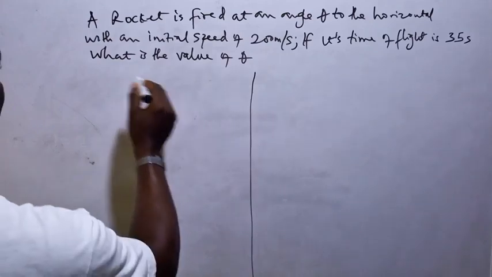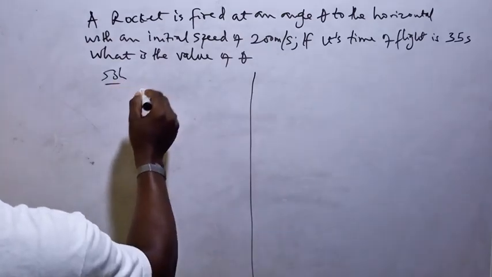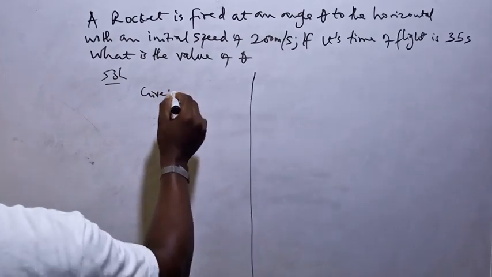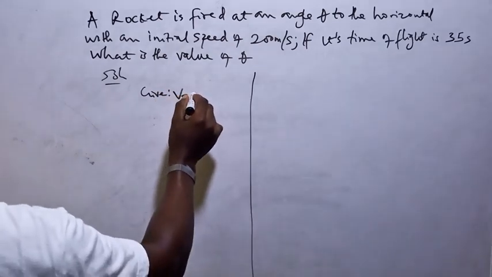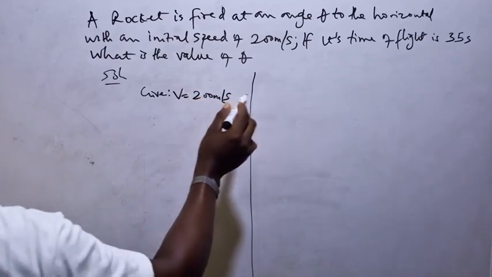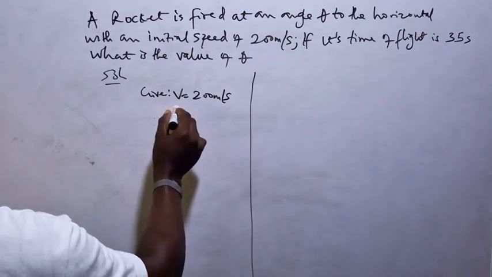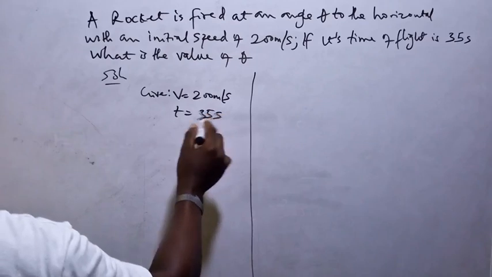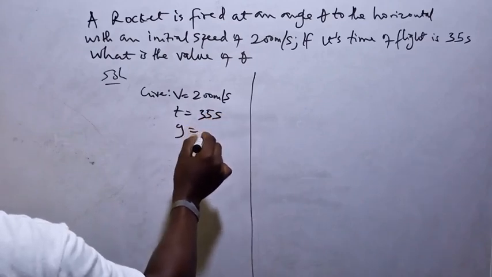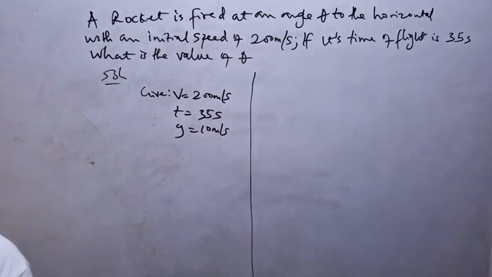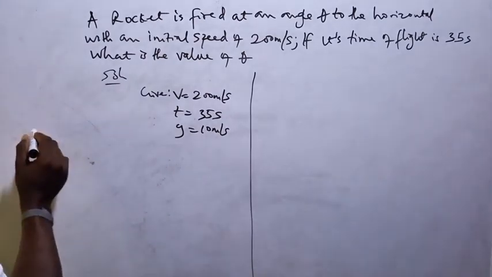We have that given solution, given, we have here that velocity is 200 meters per second, time t is 35 seconds, and acceleration due to gravity is 10 meters per second squared. Now we are asked to calculate what theta is, but then using